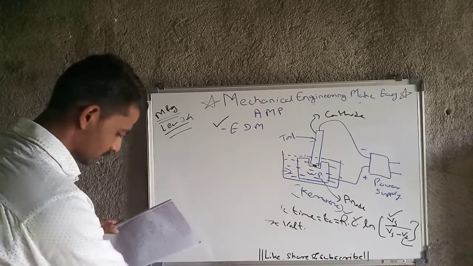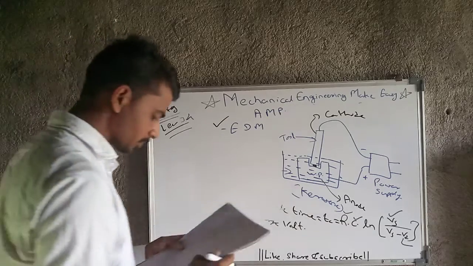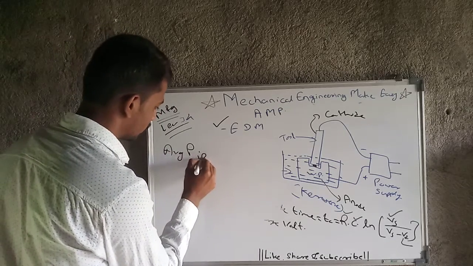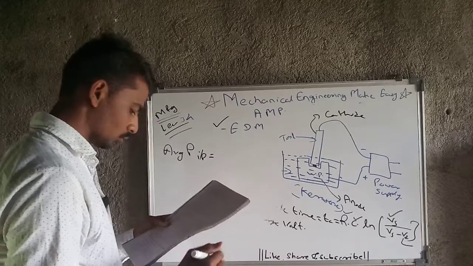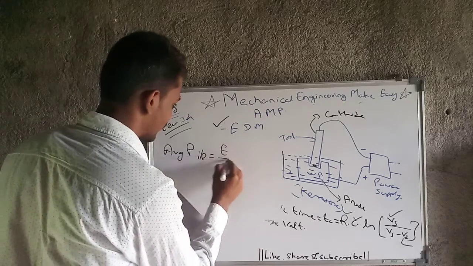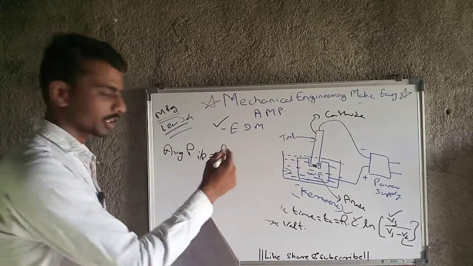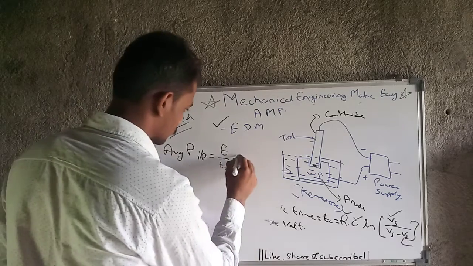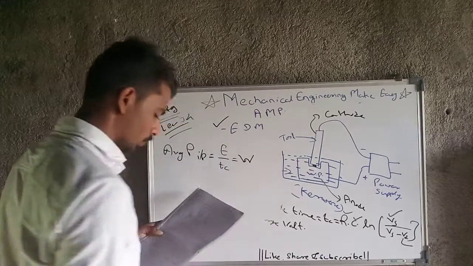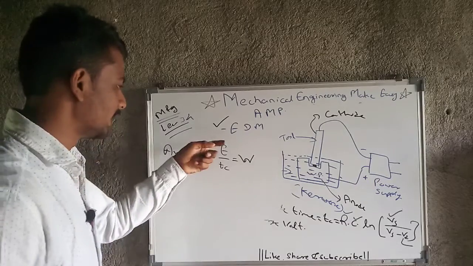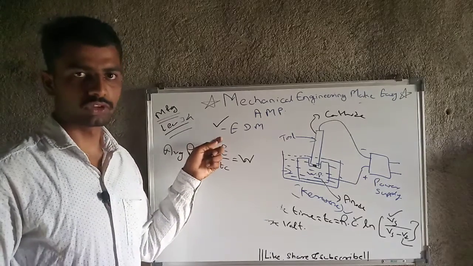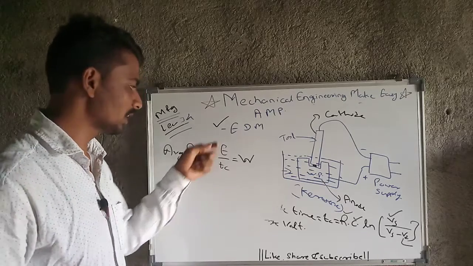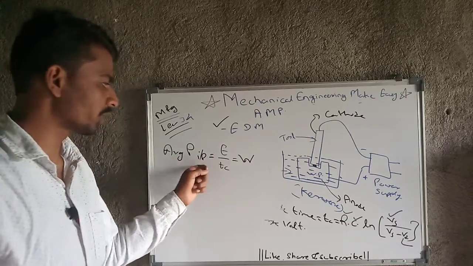And what is next is nothing but average power input, which is equal to the energy released per spark upon cycle time, and which will give us the value denoted by W. The energy released per spark is denoted by E, and the cycle time is denoted by Tc. So E upon Tc will give us the average power input.